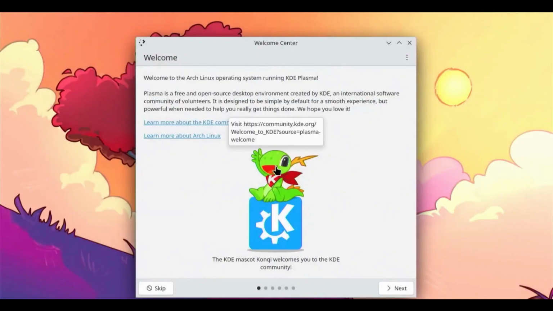That's how you can install Arch Linux with encryption in a dual boot setup with Windows without using a USB